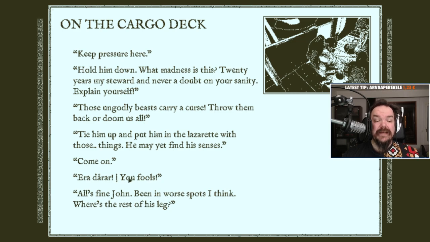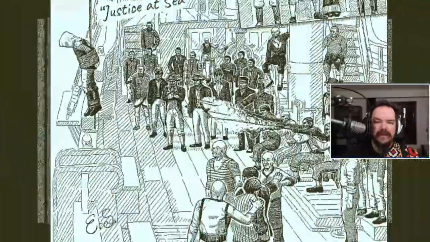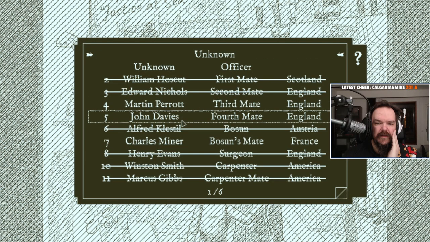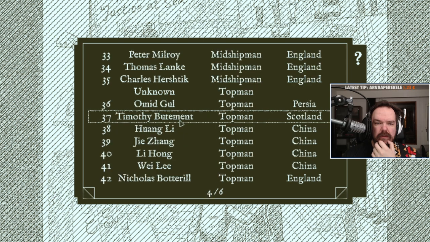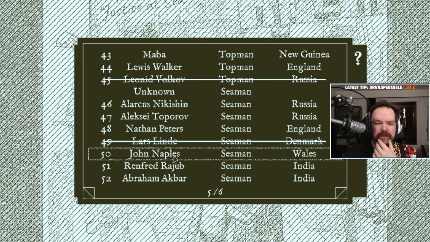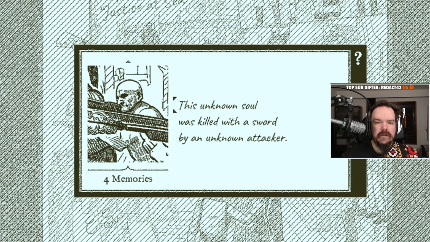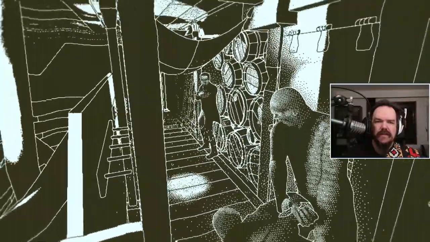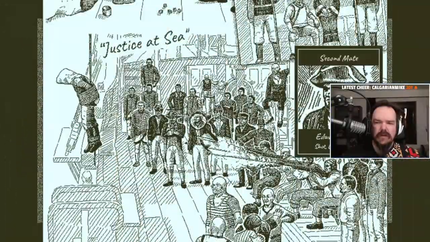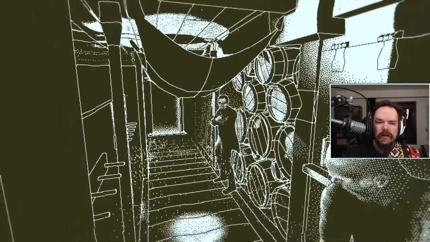Let's see if the captain's steward is Swedish, or we can find someone who's Swedish. We can maybe identify this guy. And then I think it comes back to this one. All's fine, John. Been in worse spots, I think. Where's the rest of his leg? So could this guy be John? I don't know, but he doesn't look like fourth mate. Is that the only John? No, there's another John here. John Naples. Possible. Okay, that's my strongest guess, that this is John. Yeah, who was that guy? No, but it could be this guy as well. Oh man, this is...